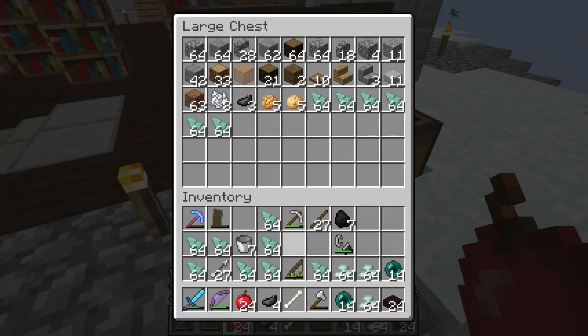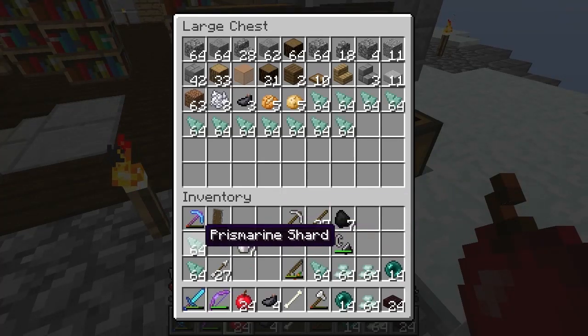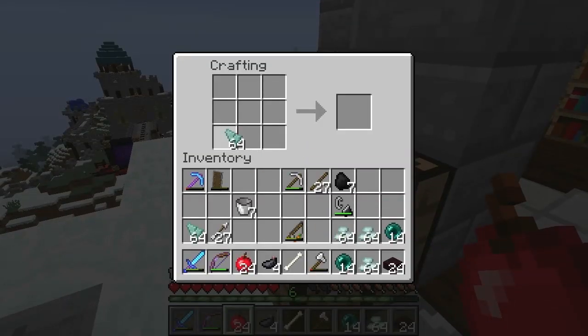Ignore the prismarine shards, I'll mention in a moment what we're going to use those for. Just ignore what I'm doing. You don't see me doing this. You don't see me making those. Not at all. No. But